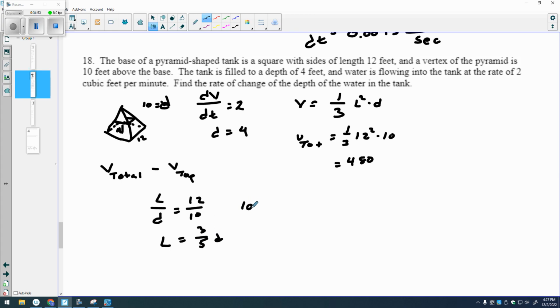Not skipping steps, let me do it over here on the side. I get, cross multiplying, 10L equals 12D. Divide, and L equals